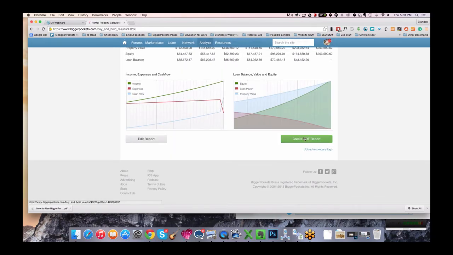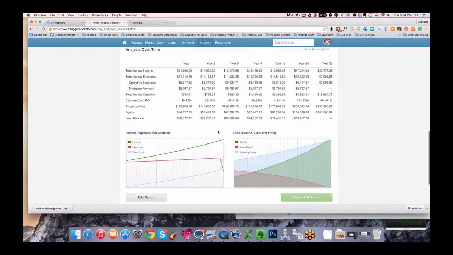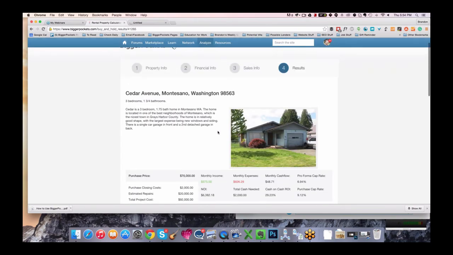And perhaps the best part of them is if you are a pro member, you can make these PDF reports, which are kind of cool. Let me show you that. It takes a second to generate the PDF report every time because it uses a lot of information. But while that's going, the other nice thing about this is if you're unsure about a deal, if you're nervous about the numbers, if you're scared of making that first investment. How many people have analysis paralysis? You know how to do it, you just haven't taken that step. What these can do is help you say, yes, that's a good deal. And that is why I use the calculators.